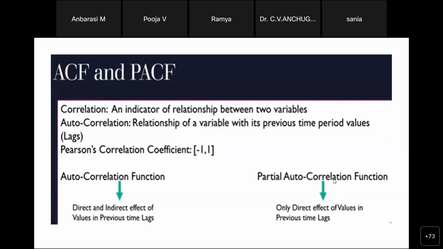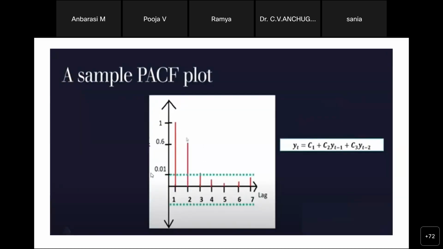But here in the partial correlation function, only the direct effect of the values from the previous times is considered. If I want to calculate the 4th day, then only the previous days, the 3rd day and 2nd day, will be considered. Based on that only we can predict the 4th day values. So this is an example for a partial autocorrelation